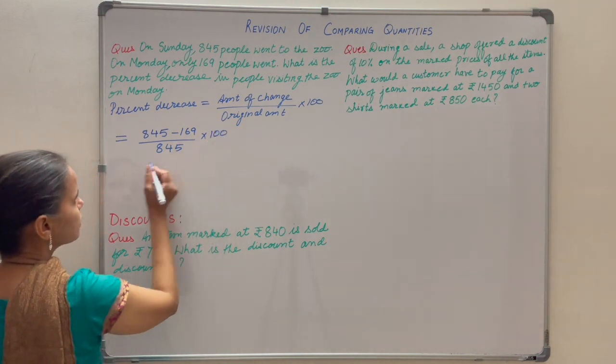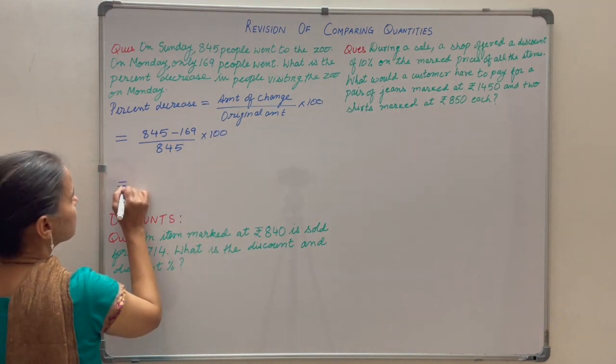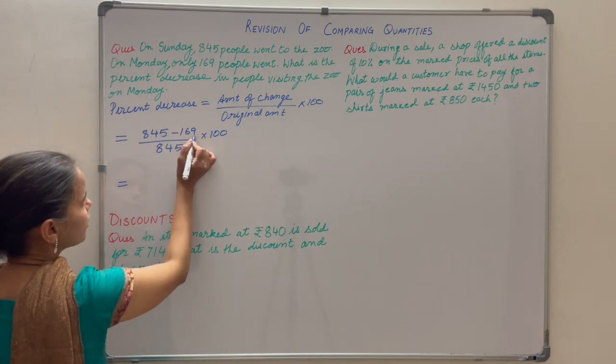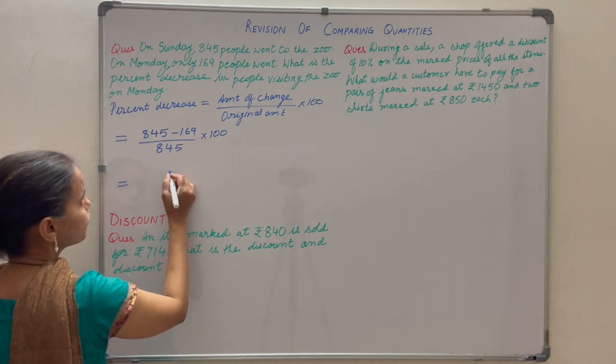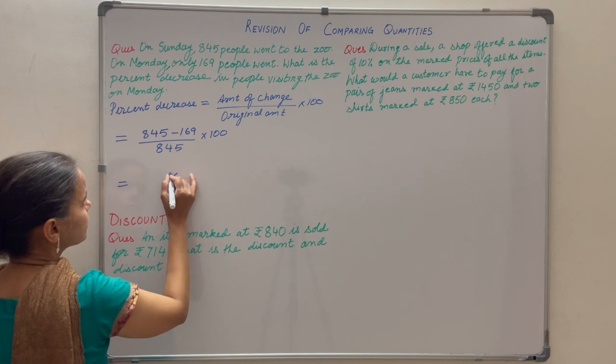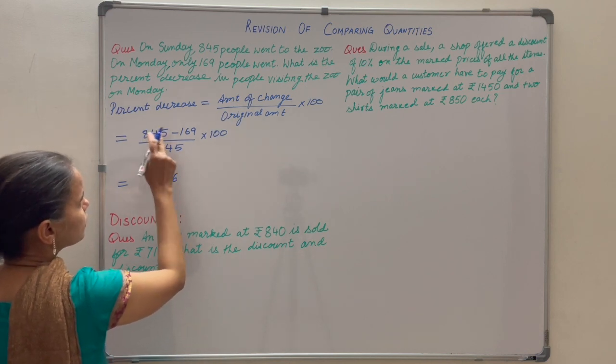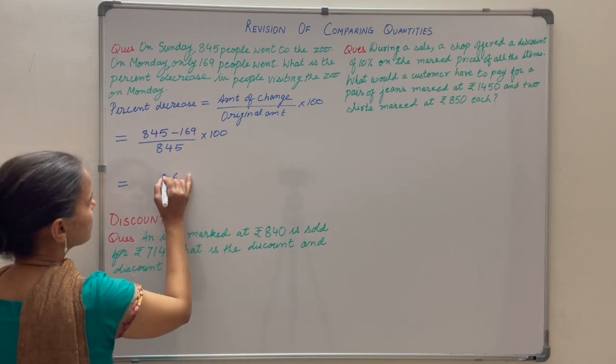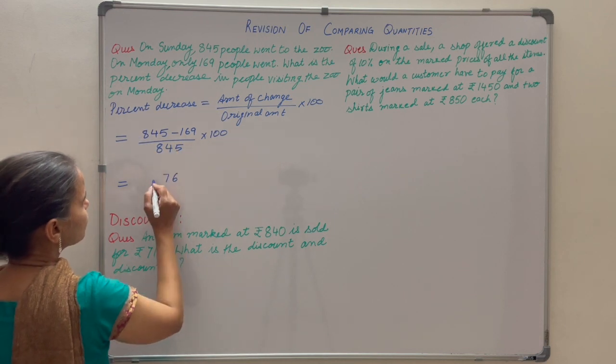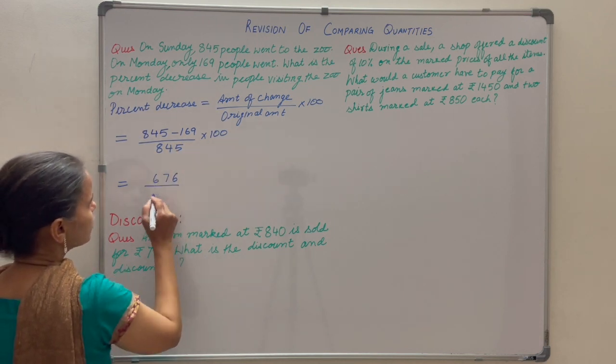Let us subtract it now. So how much do you get? So when you subtract it, 5 minus 9, you cannot take it. So 15 minus 9 is 6. Here you get 3. So 13 minus 6 is 7. 7 minus 1 is 6. Here in denominator you get